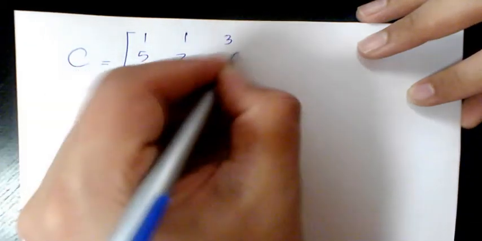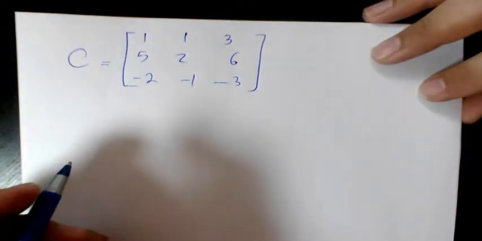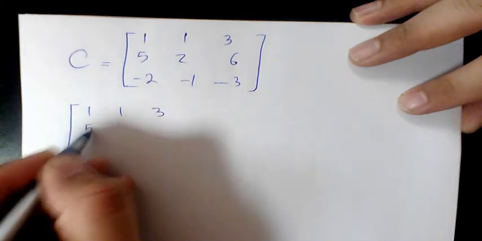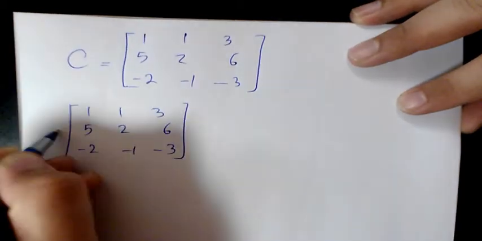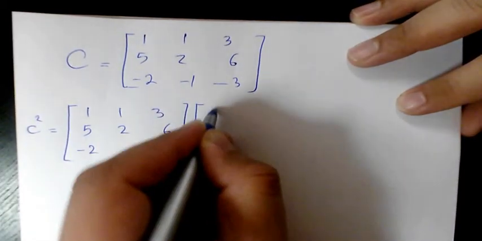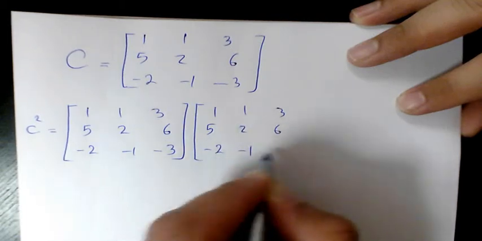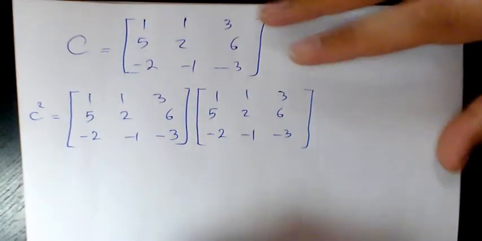Let's have another example. I'm going to change it a little bit. I'm going to have C equals [1, 1, 3; 5, 2, 6; negative 2, negative 1, negative 3]. And now, when I multiply it by itself in order to have C squared, we're going to get